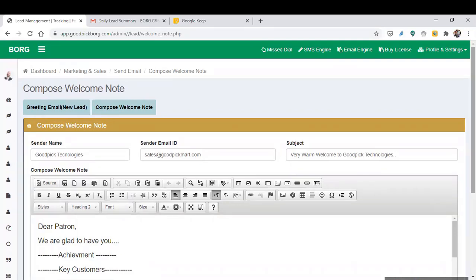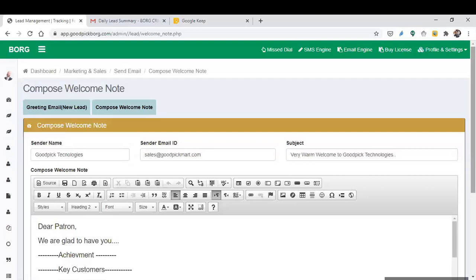The greeting email is automatically sent to the prospect or lead when that prospect's or lead's entry is made in the lead form. Once the lead form is submitted, it will be sent automatically. I will explain this in detail.